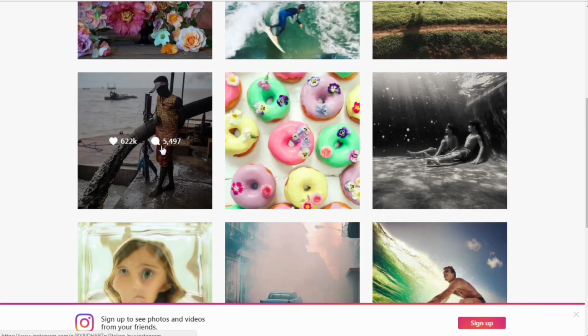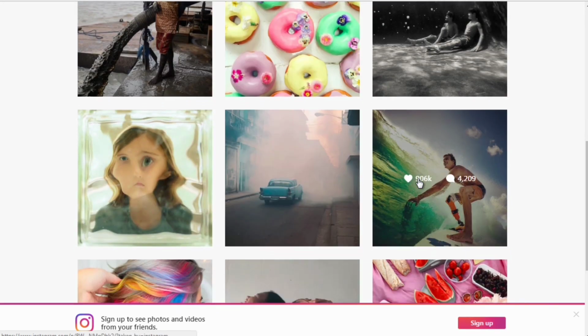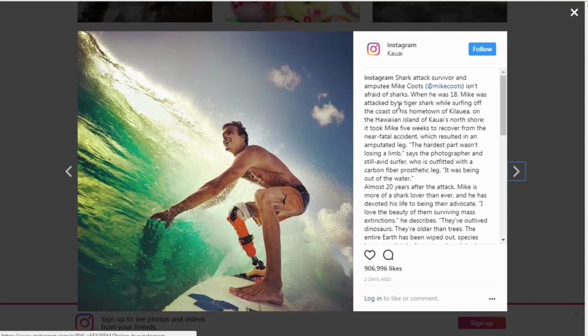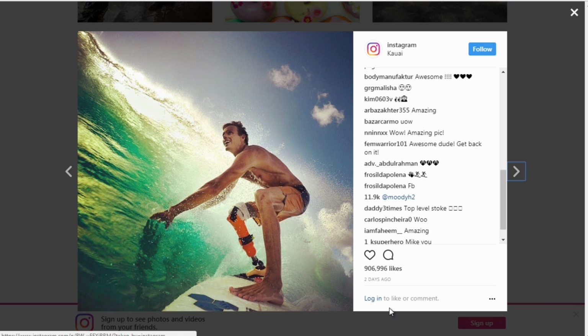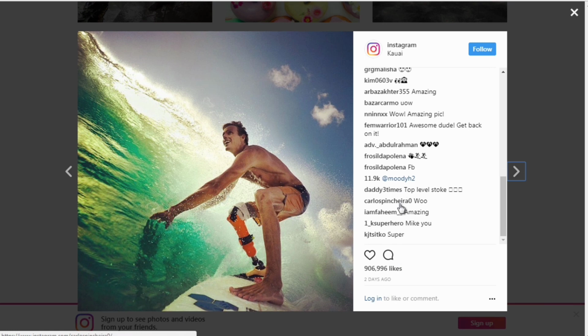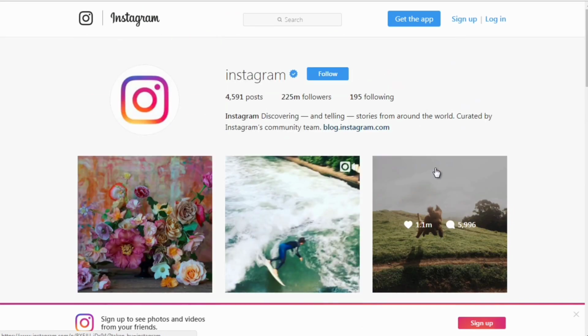So if I take a look at some of these images, let's say this one here, you'll see that it has a lot of text. You've got hashtags, so you could use hashtags as a means to direct people to a certain place, but you can't really enter a URL in here. So that's why that one URL has to be used wisely.